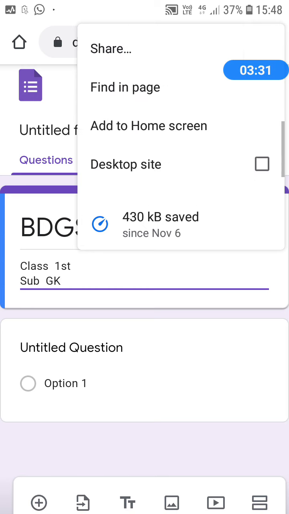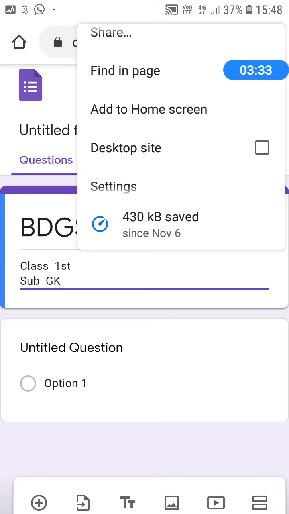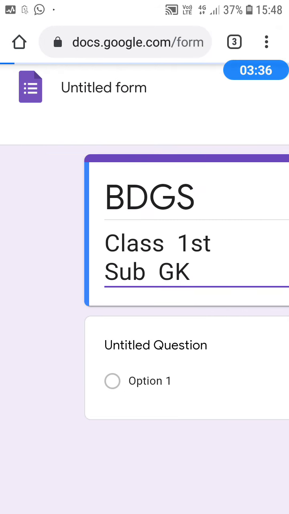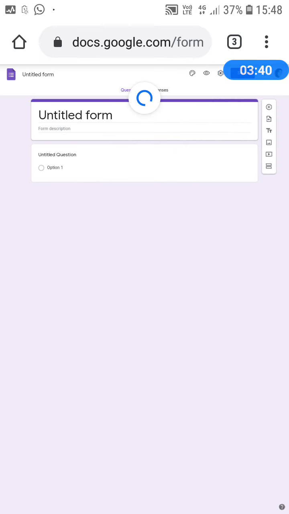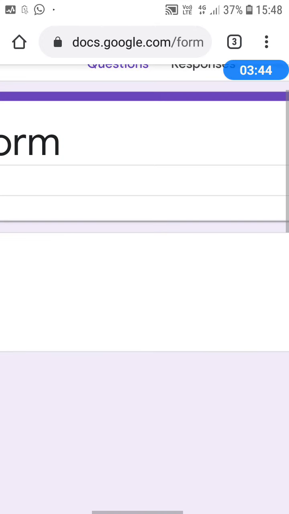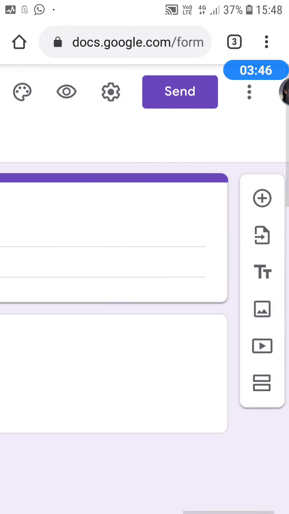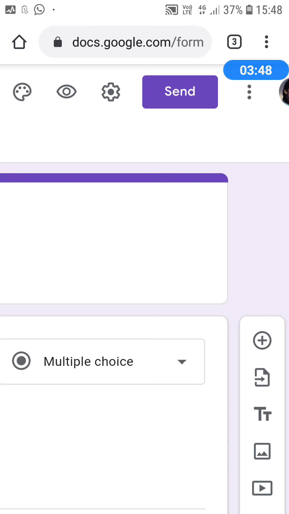Next thing we have to do is open this in desktop side again. So again check desktop side. After checking desktop side you will get these options now, just like we get on desktop. Here you are getting a sign for setting. So click on that which is near the send option.